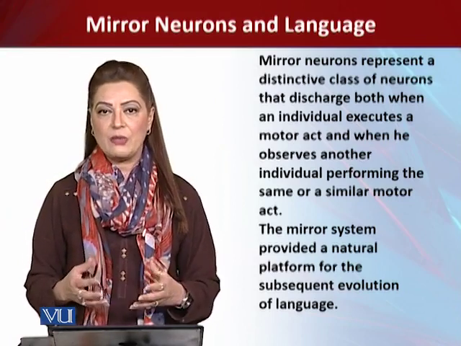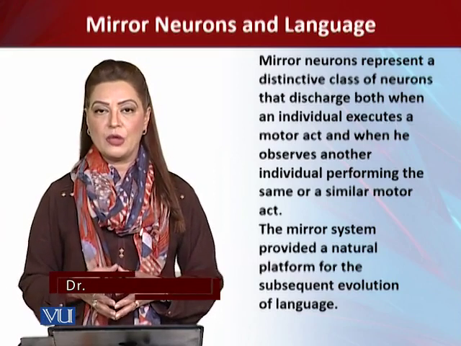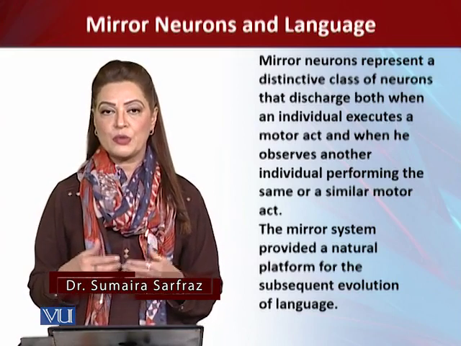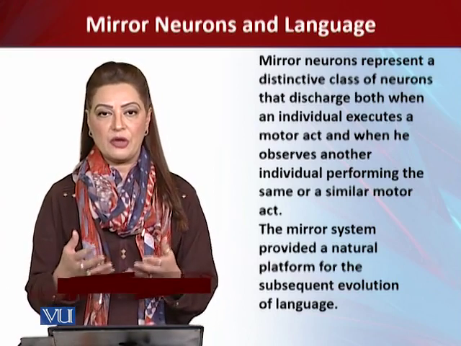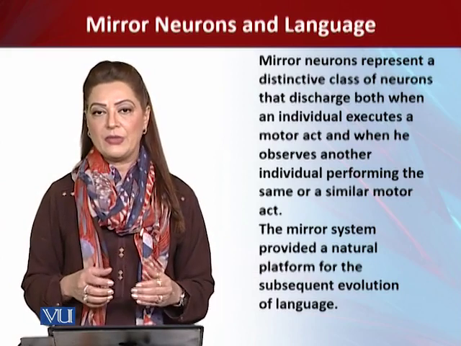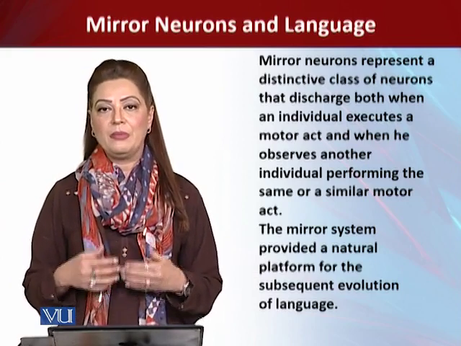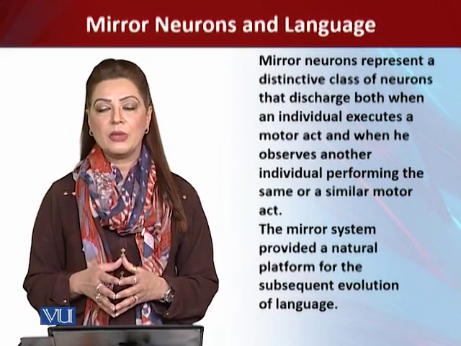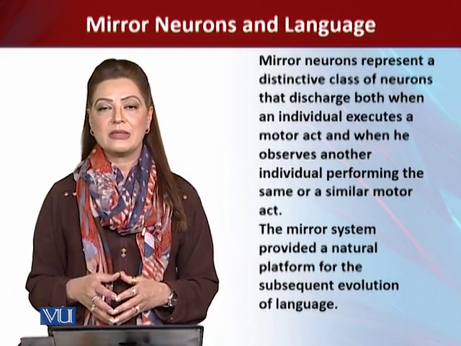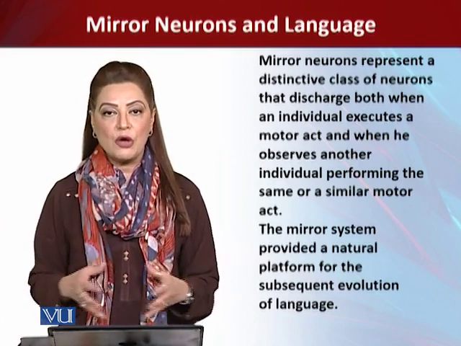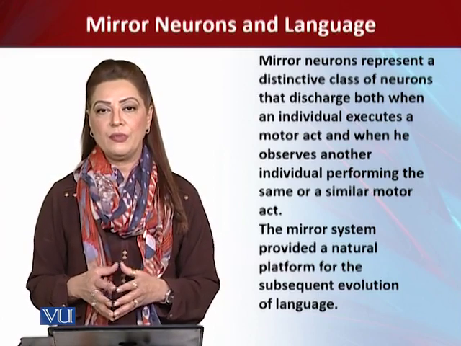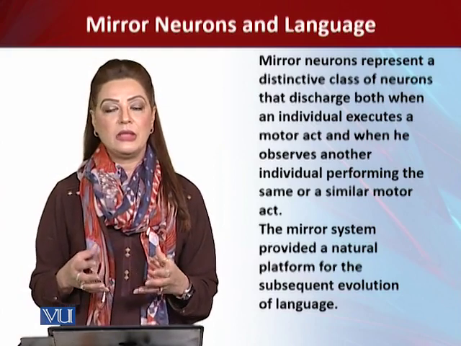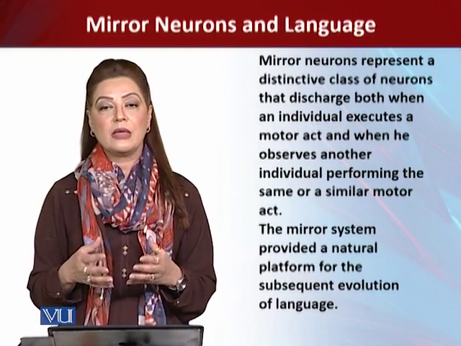So first of all, let's see what we mean by mirror neurons. Mirror neurons are brain cells that respond to observed actions of others. These neurons in our brain reflect not only the movement but also the intentions, sensations and emotions of others around you, and may also help explain a disease